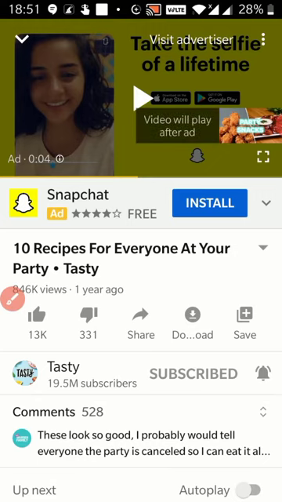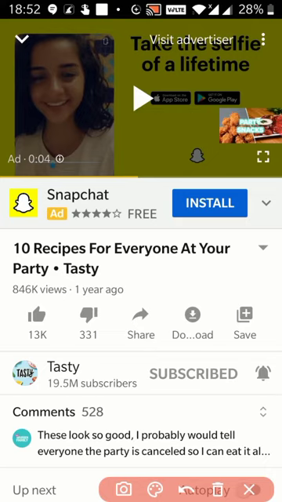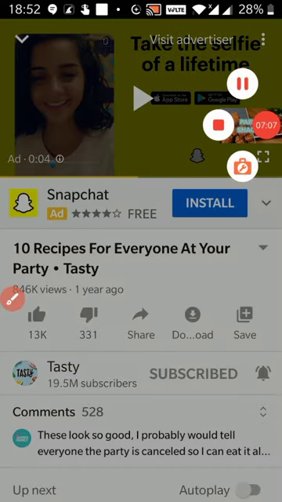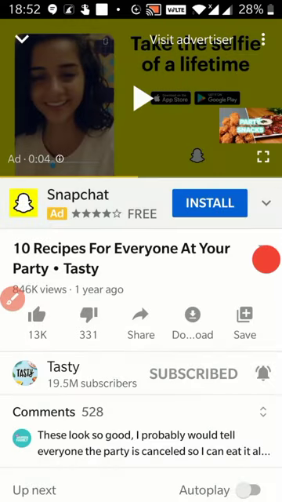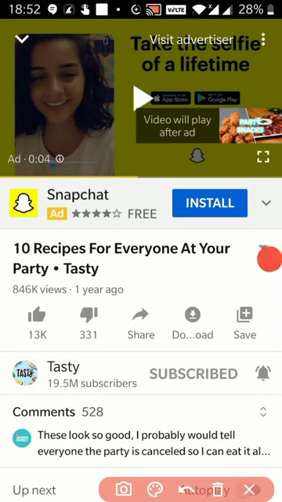Then when you want to skip this ad, you will also get an option, either skip ad in 5 seconds, 4 seconds, and the countdown will go down. And if you don't want to do that, there might also be an option that the video will play after the ad finishes only. So you can't do anything, you just have to watch that ad and then the video will go ahead.